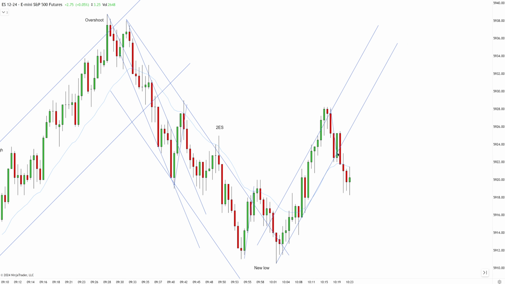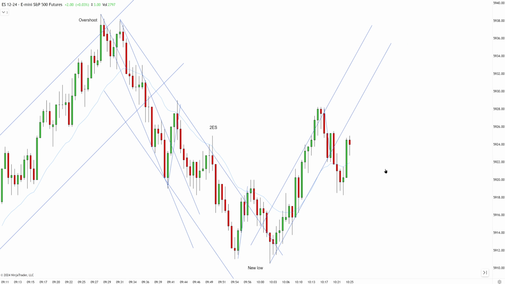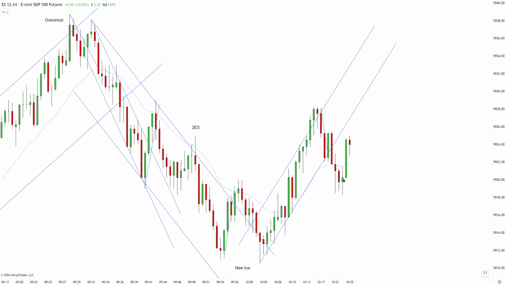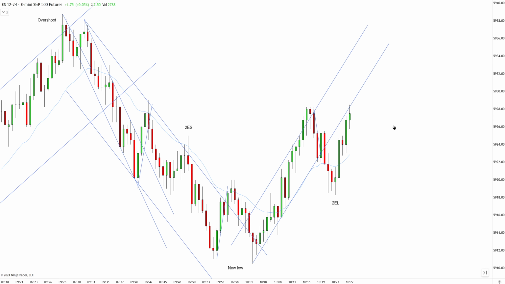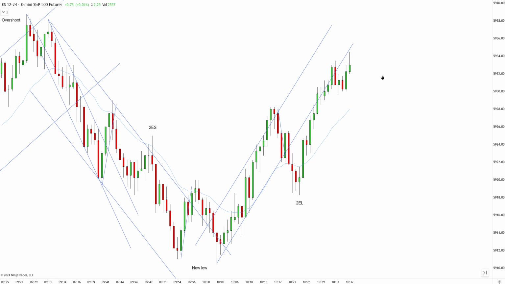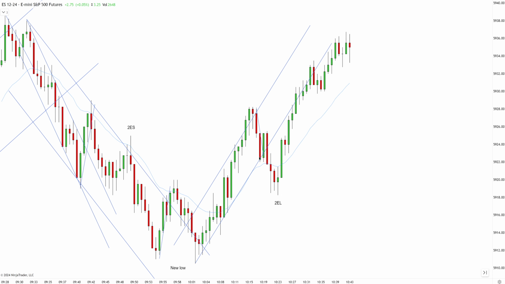I was thinking we may get a second entry long, but we broke the EMA again. We have second entry long, so this should be familiar to you because we had a similar situation earlier, a few hours before. I want to see high low above EMA confirming the second entry long because this uptrend needs to get new high. So you can see, because I'm using the trendline rule, I know where the market is going to go, but I just can't get it set up yet.